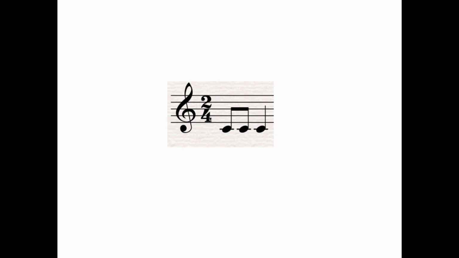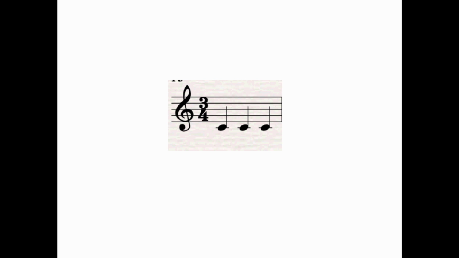Of course, there are many other possible variations, which you can spot perhaps by skimming through a piece of music with this time signature if you like. Moving on to the next example,